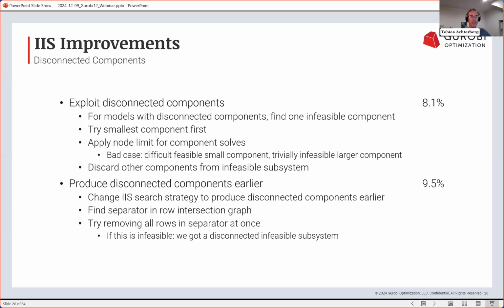And if we are lucky and can remove this set of rows, and the problem is still infeasible, then we are in this nice situation that we now have an infeasible problem with disconnected components, and then we can apply the first idea to just look for the smallest of those. And then finally,